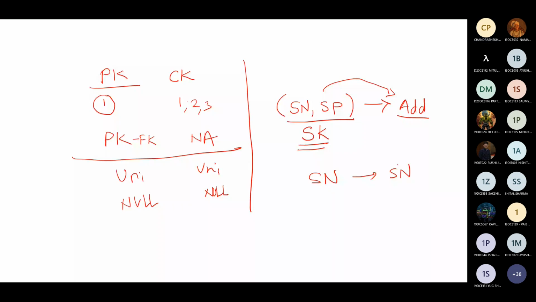Okay, and similarly there may be a case where two students have the same name, so we can use the student number and the student phone number to identify the student name or the student address. Clear? Maybe two students have the same name. In some scenarios, the first name, middle name and last name, all three names are the same. So in that case,